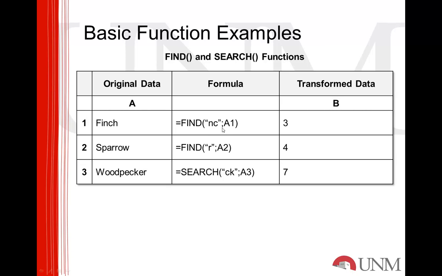We then put a semicolon to divide the data parameters, and we tell the function that we want to look for NC in cell A1. And once we hit return after typing the close parenthesis, the result that we're going to get is 3, and that tells us that NC starts 3 characters in from the left